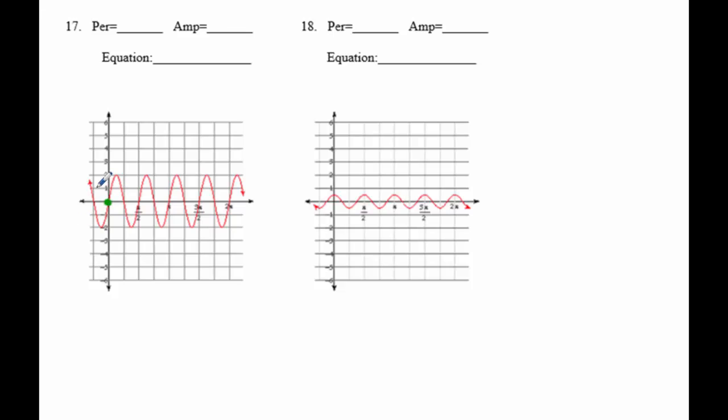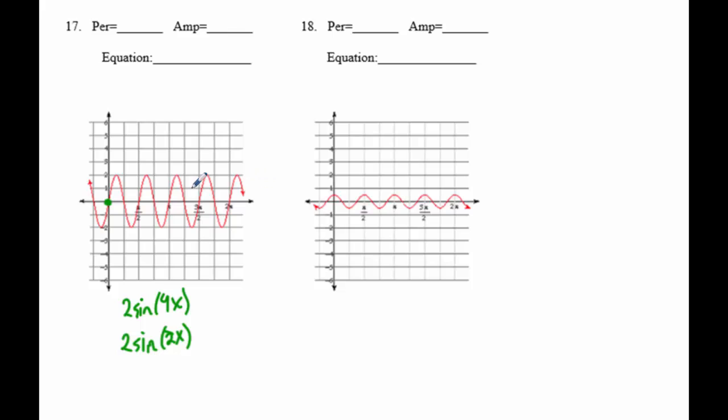So I go and look at the top of my paper and say, well, what are my options here? My options are 2 sine 4x and 2 sine 2x. So I have to either come up with a way to look at this graph and tell which one of those it is, or I need to get on my calculator and graph both of those and see which one